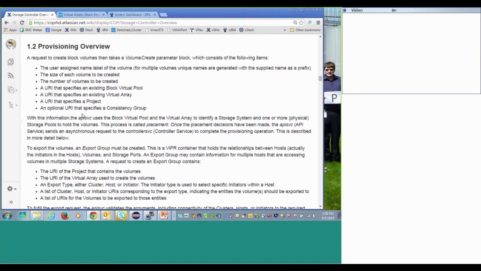So basically, we have to make a representation of the volume that we want created in the database. Then we send essentially a message to the controller service that says, go get this representation and make this volume. Meantime, the API service creates a task because it needs to return immediately